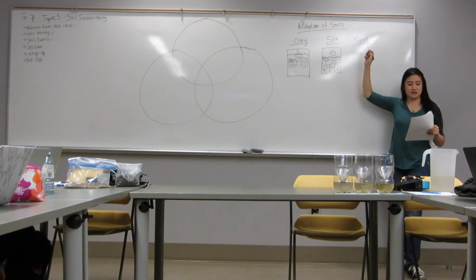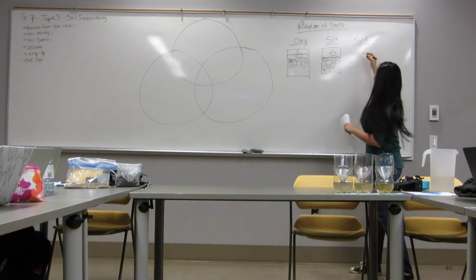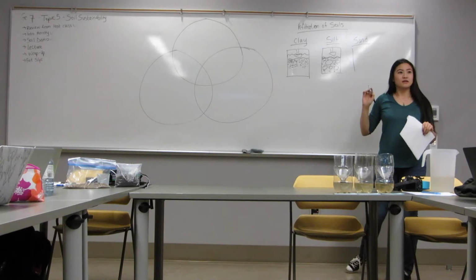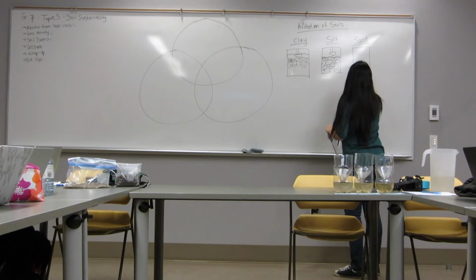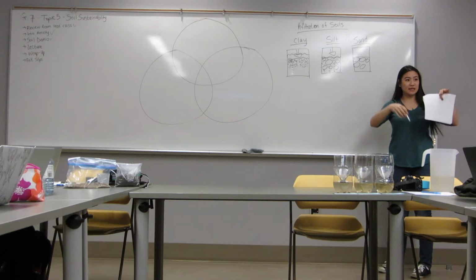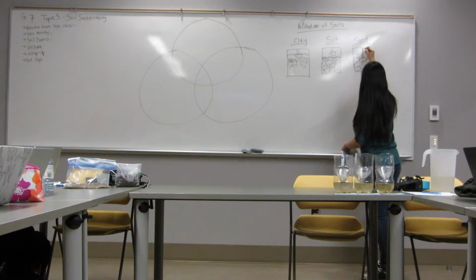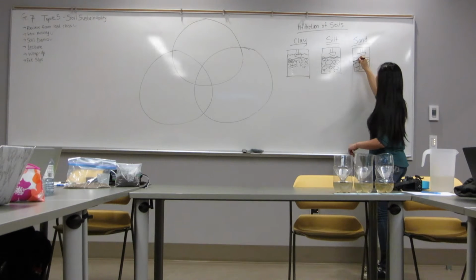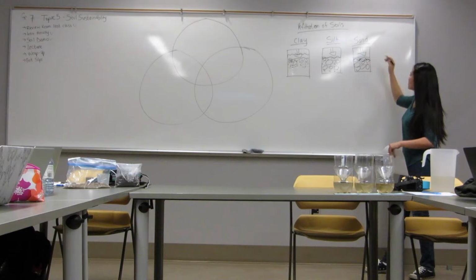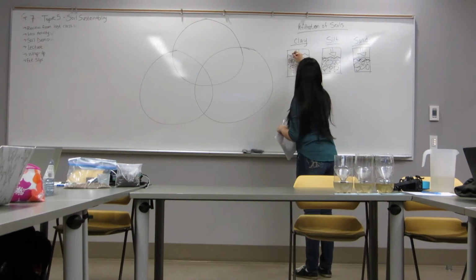So then what happened to the sand? Can anyone tell me? How big were the particles? Bigger particles. Yeah, they were big particles. And what happened to the water? Just went right through. Yeah. So they were big particles. That means they have big pores and spaces in between them for water to go just straight through, okay? So then water would be like down here. Oh, I should use a blue marker. That would be a lot easier to see.